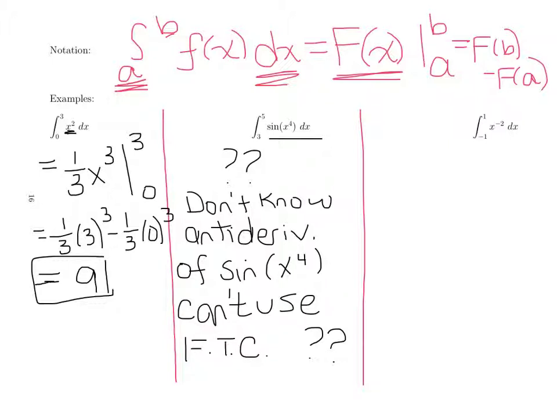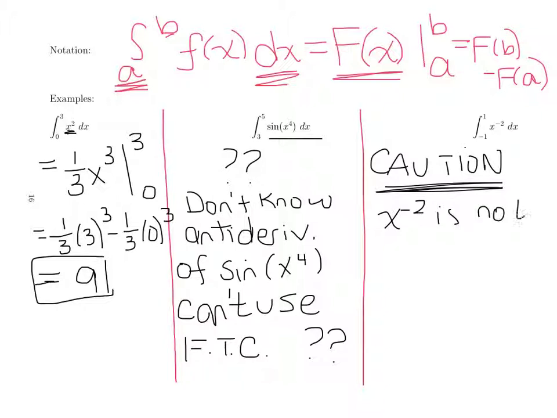And then this last one, we want to integrate from -1 to 1 of x to the -2 dx. And you might start doing that and saying, okay, I can take the antiderivative, add 1, right, x to the -1, divide by my new power, -1. But be careful here. You have a big problem here. X to the -2 is not continuous on the interval